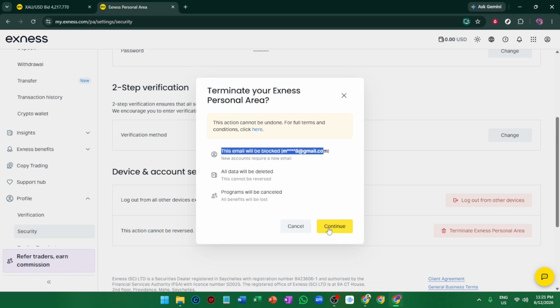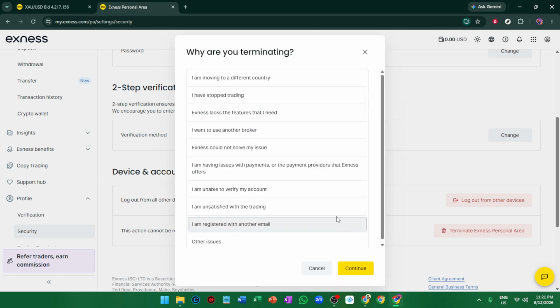If the platform shows any follow-up instructions or confirmation messages, be sure to review them carefully before leaving the page. A quick tip before you finish: if you think you may need any records from your account later, it's worth reviewing your information before completing the termination. That way you won't miss anything